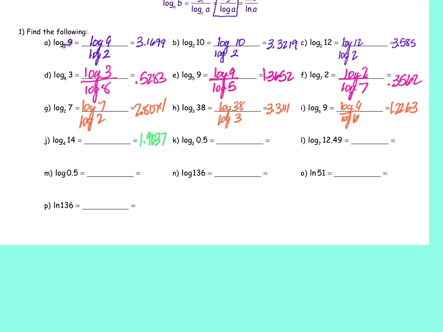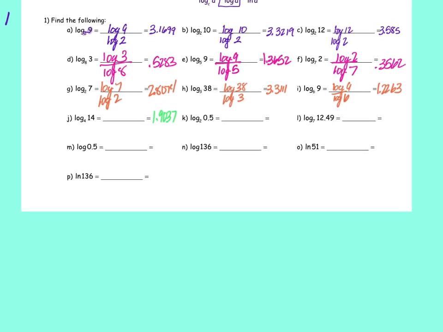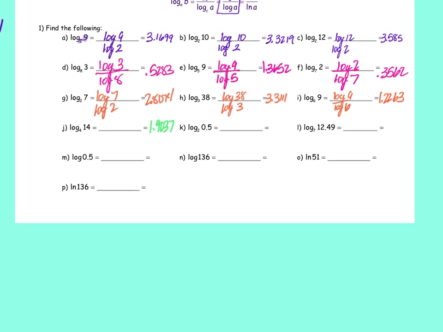So if you have a calculator and you're not sure if it does different bases of logs, the easiest way to find out is to actually Google it. I do want to say that that is the easiest way to find out. Just Google your calculator number or name or whatever it is, and then just say,